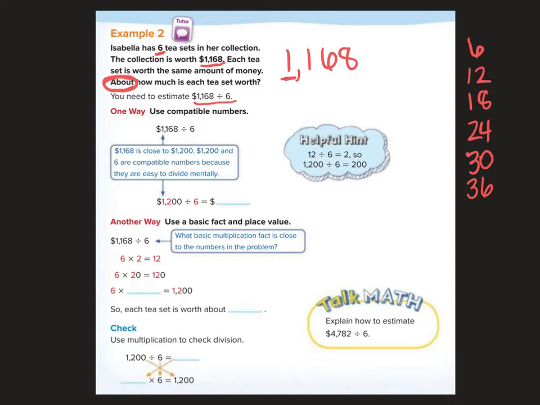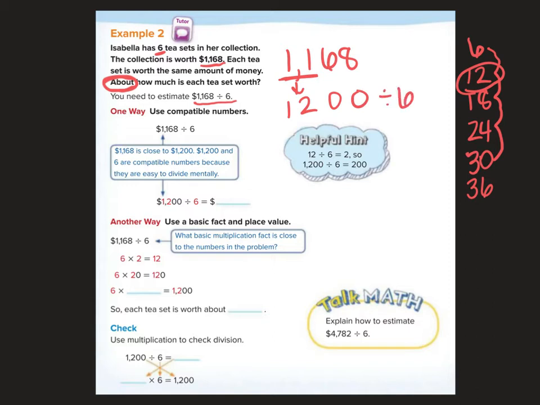Can I change that 1 to a 6? Not really. Not very close, right? So I'm going to go over to my next place value, 11. Are there any numbers over here that are close to 11? Yeah, look, 12 is close to 11. So if I change that 11 to a 12 and make the rest of them zeros,